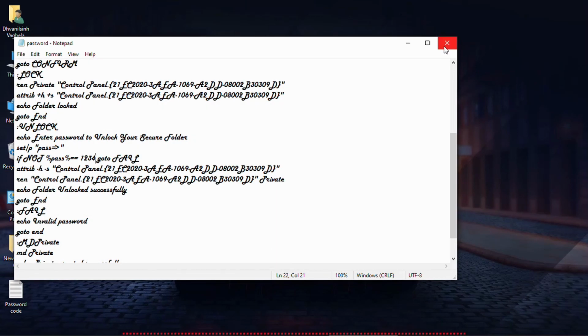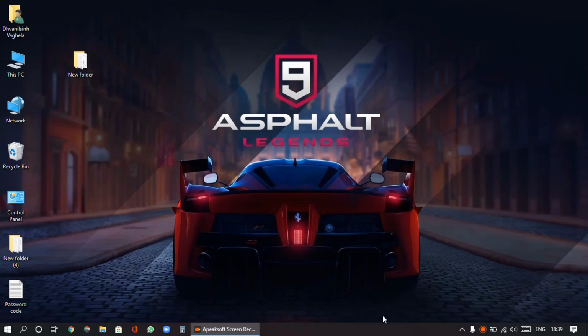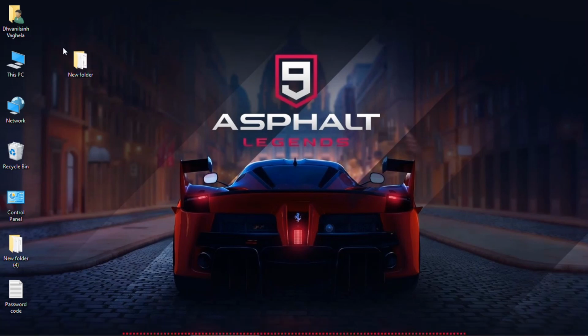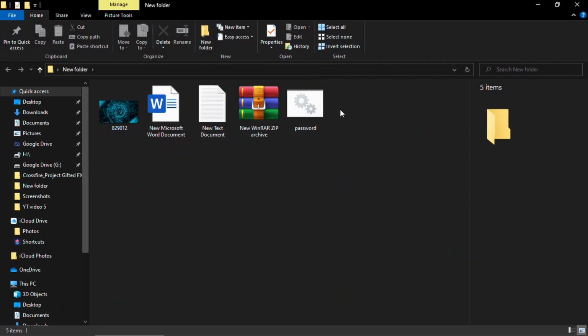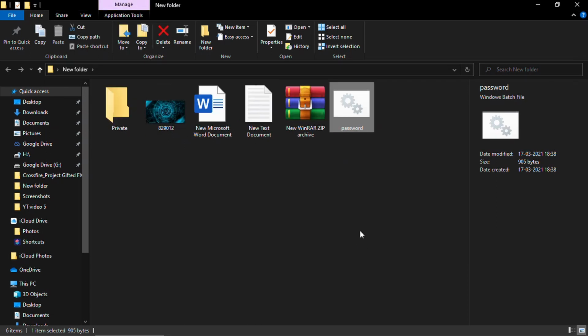I have clicked save. Then you need to close this notepad and the one which was downloaded from the link. After you close both the notepad files, you need to go to the folder where you have saved it. I had saved it here. Then double click the new file that we have saved here. I have double clicked it, and here one folder has been formed which is a private folder, and there all the documents that you want to save and lock would be saved.